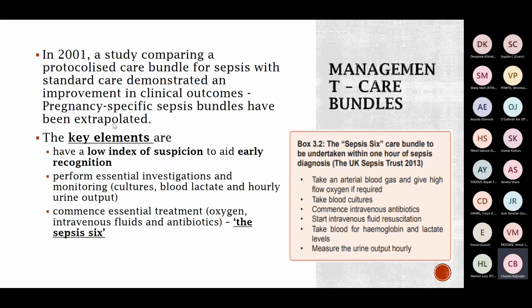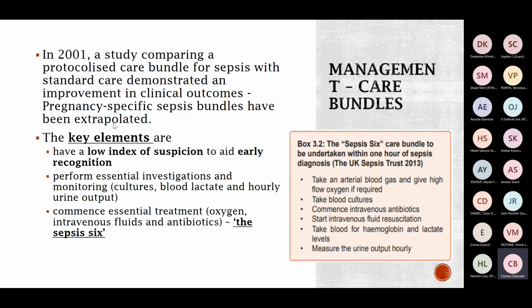Good. So this slide just summarises the Sepsis Six. We don't need to dwell on it too much because I'm sure we're all familiar with it. But it seems so logical, doesn't it, six in, six out, having this framework to work along with. But actually, before 2001, we didn't really have this, and everyone seemed to be doing something differently. And we're still not great at doing all of this in a timely manner, but I think there's a lot more awareness now, and it really does make a difference, and it does save lives. I know you guys know this already.